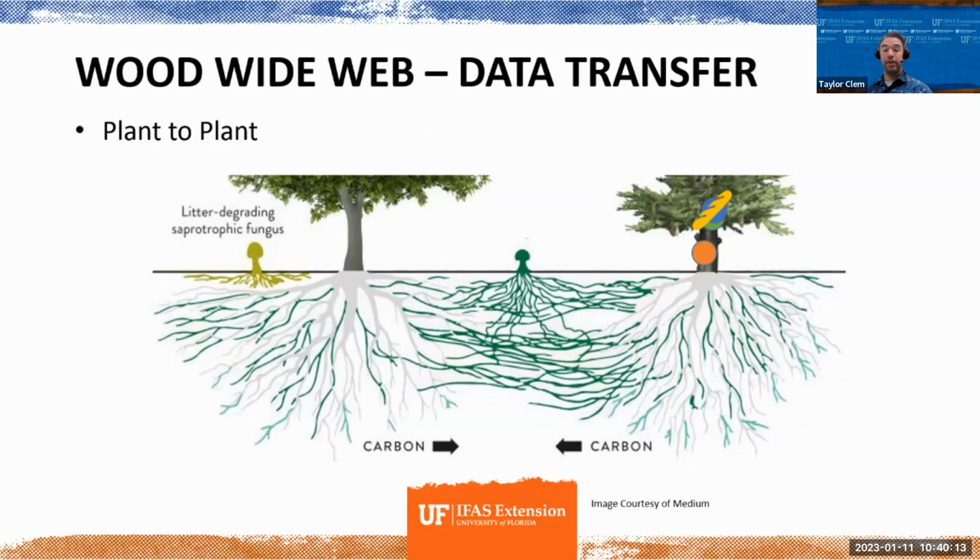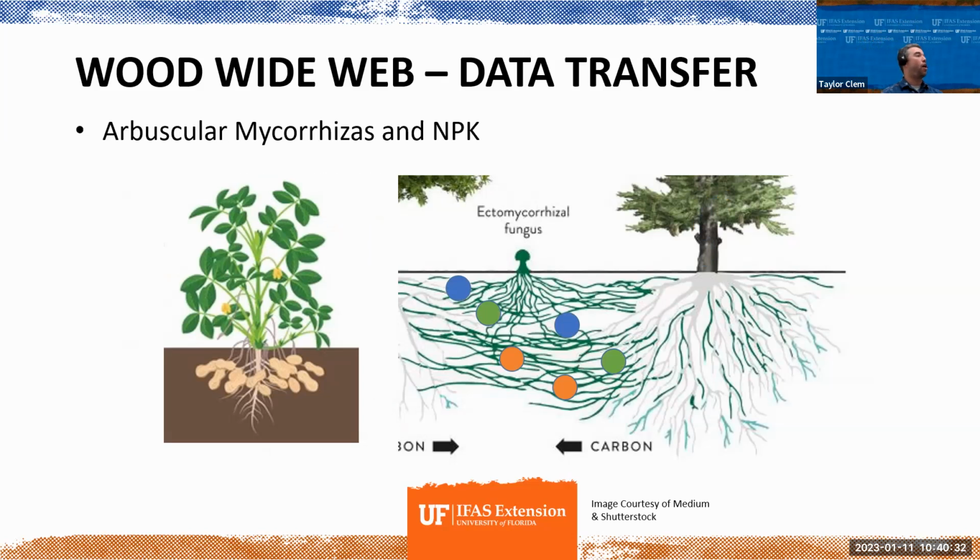And as well as it has the ability to send some sugars as well. So you're seeing things go fungi to plant, plant to plant, whether good or bad, of course. But then we start to think, cool, all right, how does that impact us beyond just the natural environment? And we can look at things like arbuscular mycorrhizae and NPK, so nitrogen, phosphorus, potassium.